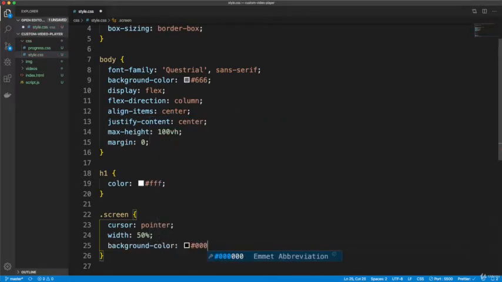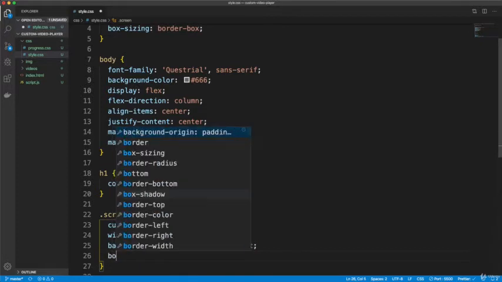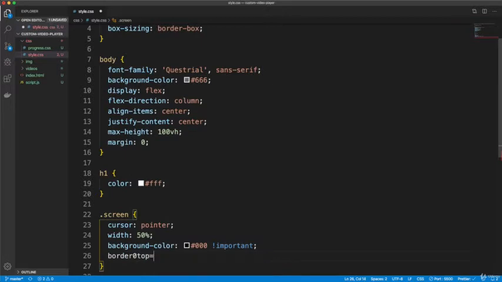Now, if you want to set the background color to a video element, you actually have to add the important flag, which just specifies that it's important and it should overwrite any other background color properties. And then I'm just going to make the top left and right corners rounded, because underneath we're going to have the controls, and the controls will have the bottom left and right corners rounded so that it looks like it's just one piece. So we're going to say border dash top